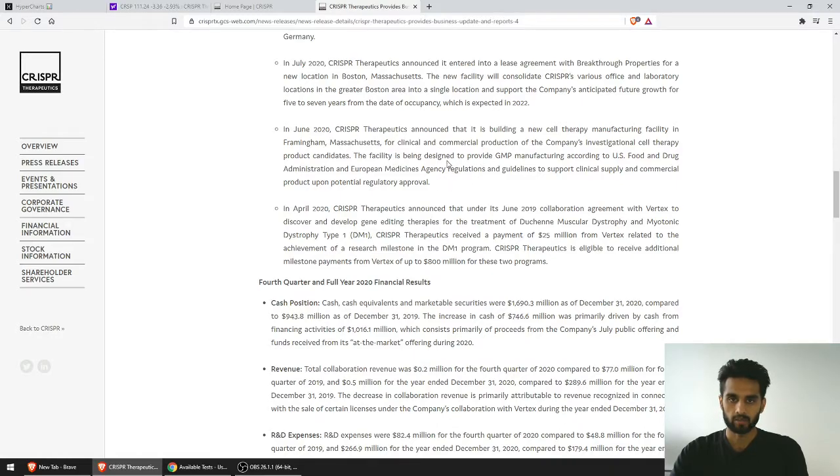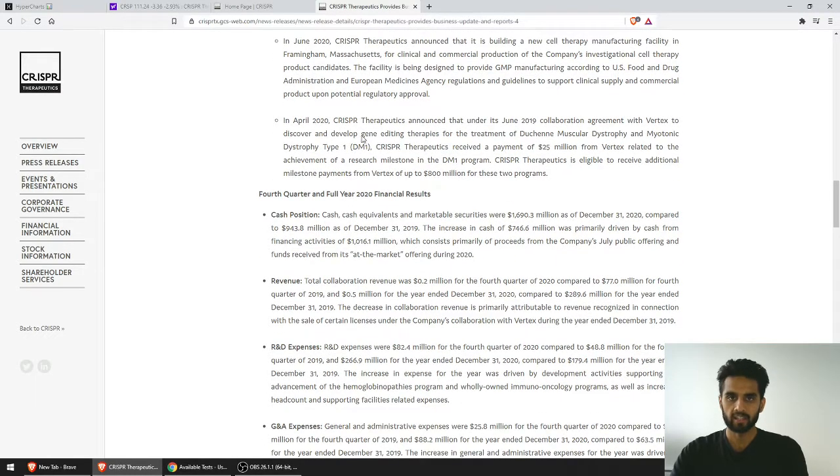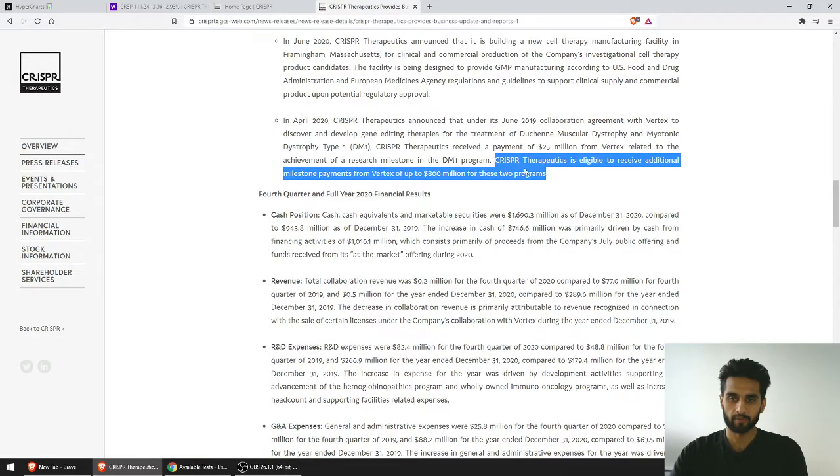So now we keep going here in the post. And here, in April 2020, CRISPR Therapeutics announced that under its June 2019 collaboration agreement with Vertex, it will discover and develop gene editing therapies for the treatment of Duchenne muscular dystrophy and DM1. This line here is very important, and it's not really specifically what happened in April 2020, because there's nothing new here,